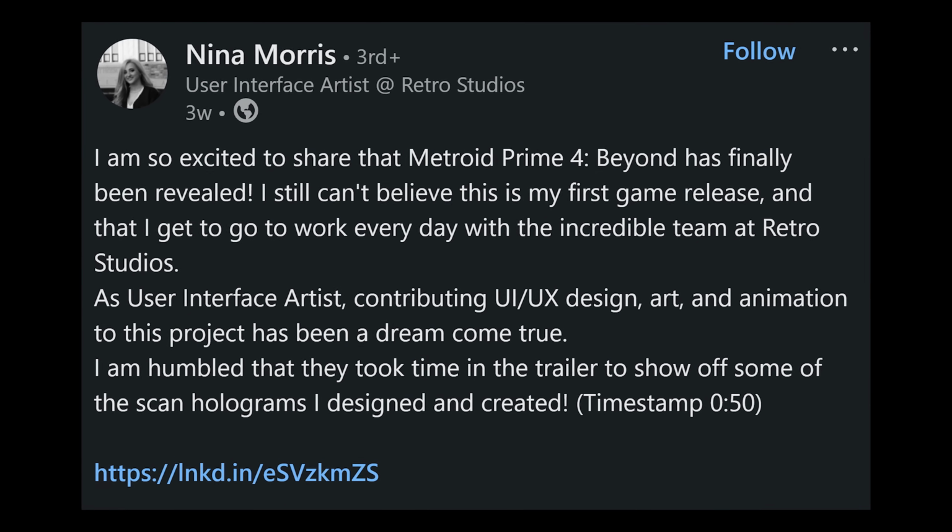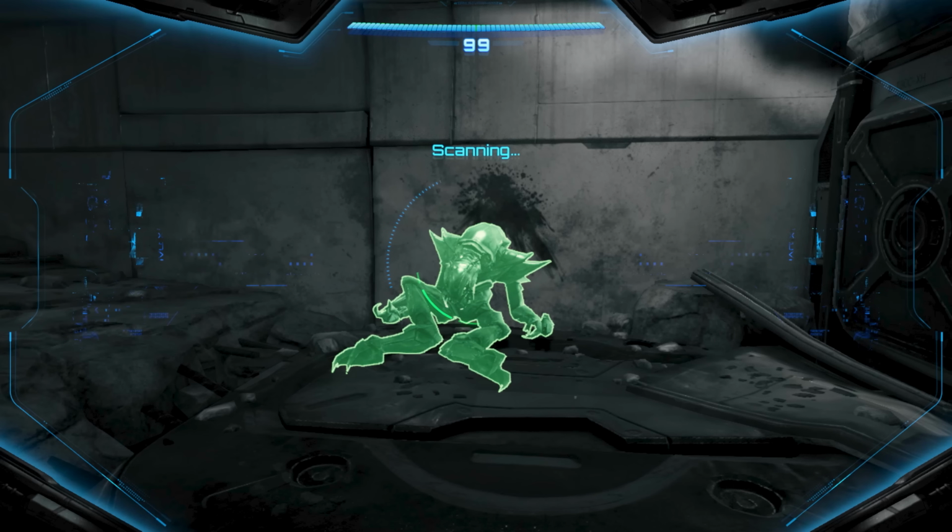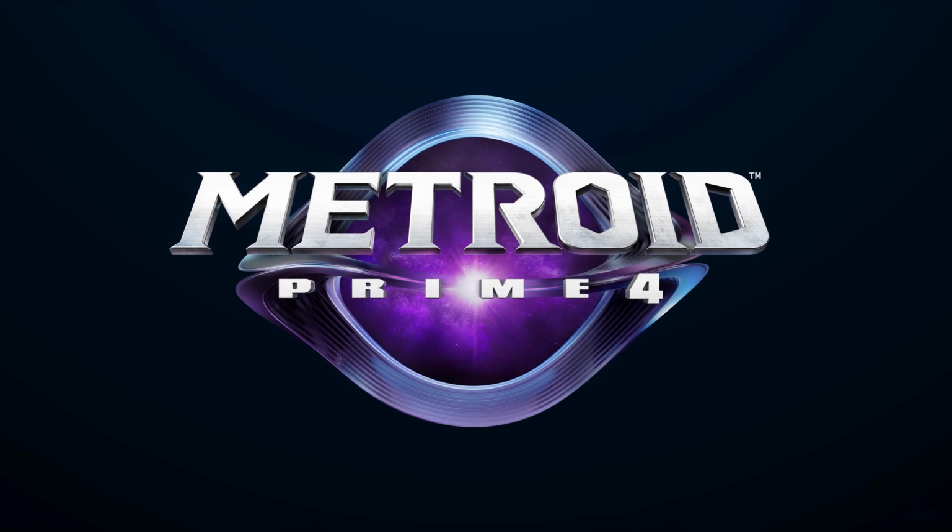And as you can see at the timestamp of 50 seconds in the trailer, you can notice the holograms that she created for the pirates that Samus is scanning during that scene when she's about to go into the science research station. And to go along with that, we also have an update from developer John Woodford,